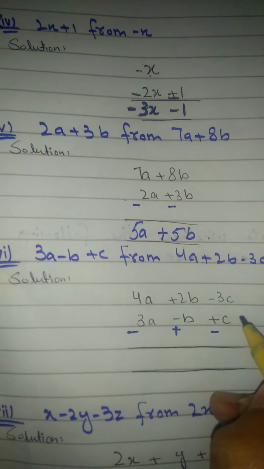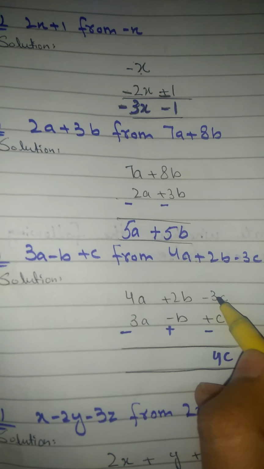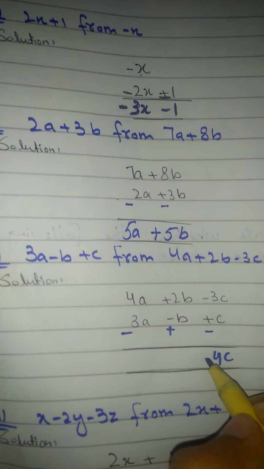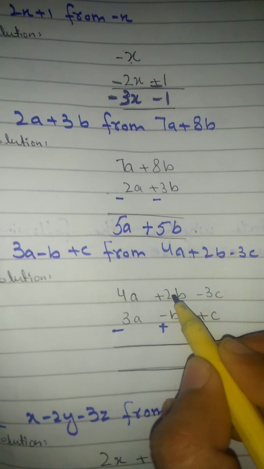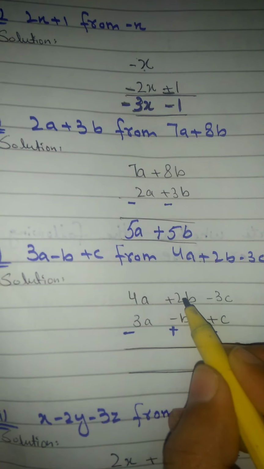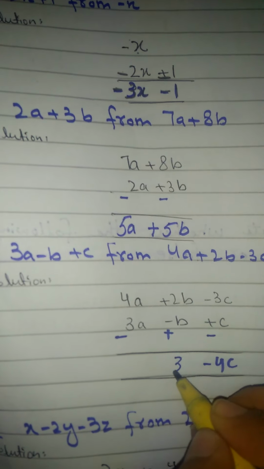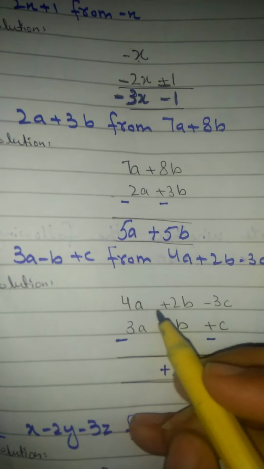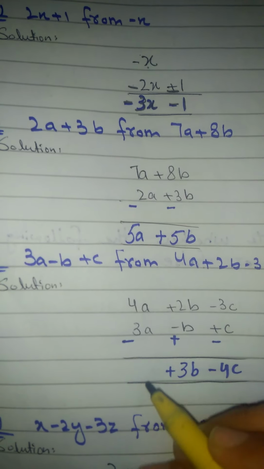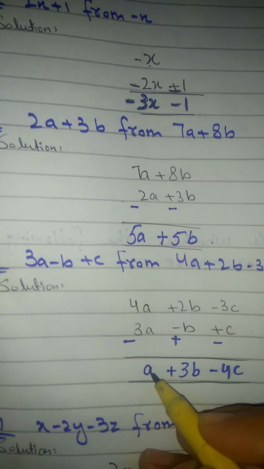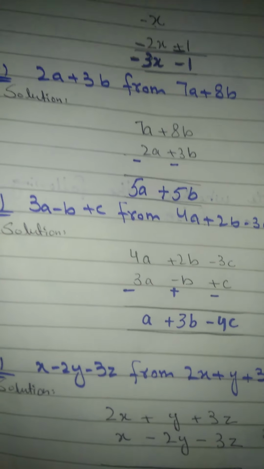c has a coefficient 1. 3 plus 1, 4c. 3 is the greater value having the sign minus, so the answer will have the sign of the greater value. 2b plus plus plus, adding 2 and 1 we will get 3b, and the sign of the greater value will be allowed. Now 4 has the sign plus, plus minus minus, 4 minus 3, 1a. Here the coefficient of a is 1, and the sign of the greater value, plus, will be allowed.